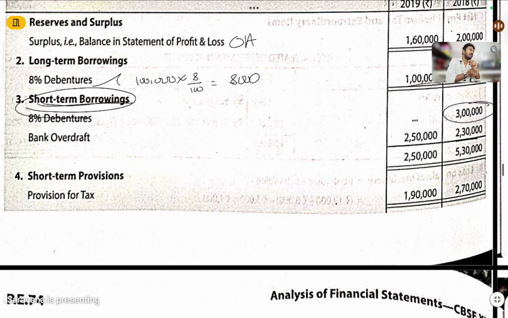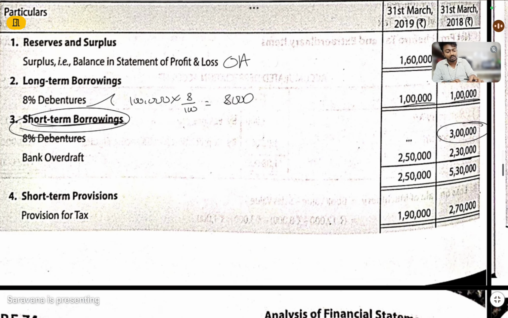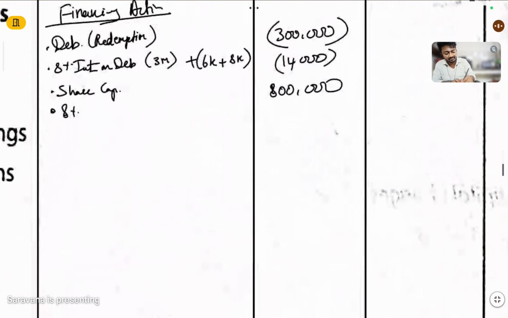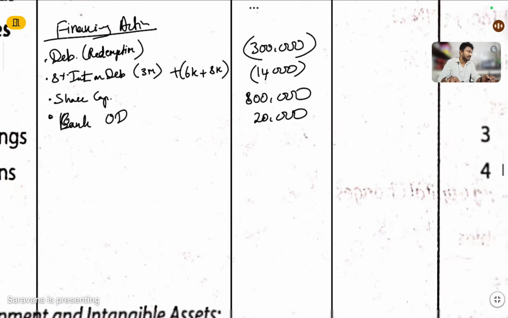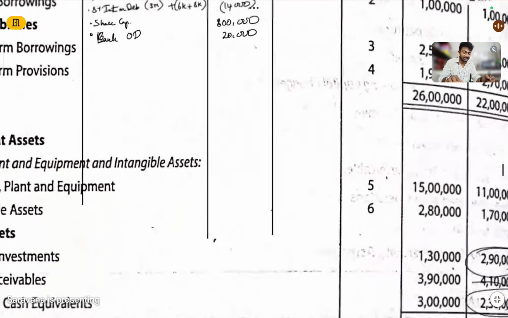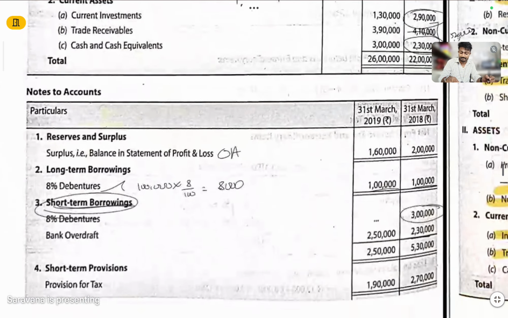It's a cash inflow, cash outflow. Cash inflow. Previous year there was 2,30,000. Current year 2,50,000. It means it is a cash inflow. How much inflow? 20,000. So where should we do it? In financial activity we should add. Okay? Bank overdraft, how much? 20,000. Cash inflow, so we need to represent it in plus. Okay. Next in our